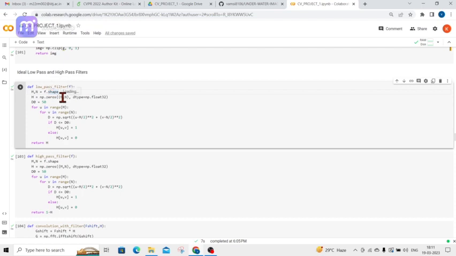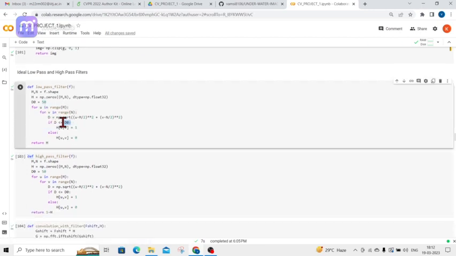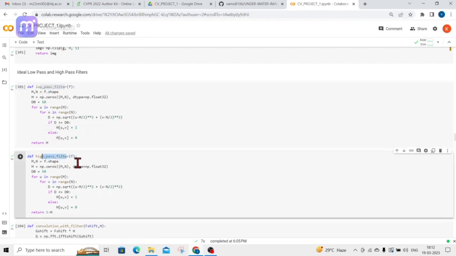Here we have defined the ideal low pass filter function, that is this and this. In the ideal low pass filter, only low frequency components are passed and high frequency components are attenuated, and just the opposite of that, the ideal high pass filter attenuates the low frequency components and passes only the high frequency components. As you can see, there is this D naught, that is the threshold value after which it will attenuate the frequencies. So these are the two functions which we have used for the high pass and low pass filters,